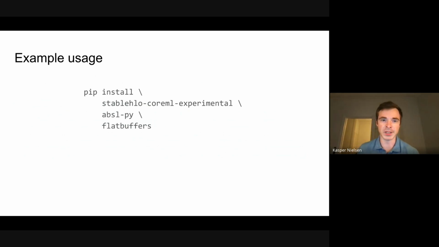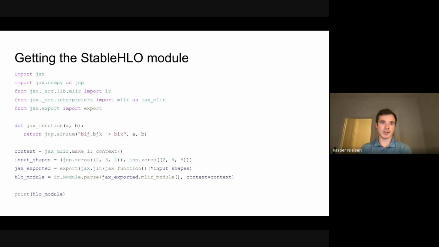So first of all, you need the Python package itself, which is called StableHLO CoreML experimental right now. It will also pull in the CoreML tools. And then the last two packages are just for the JAX export to StableHLO. So if you go to the next slide again, I just put in a small example of how you actually